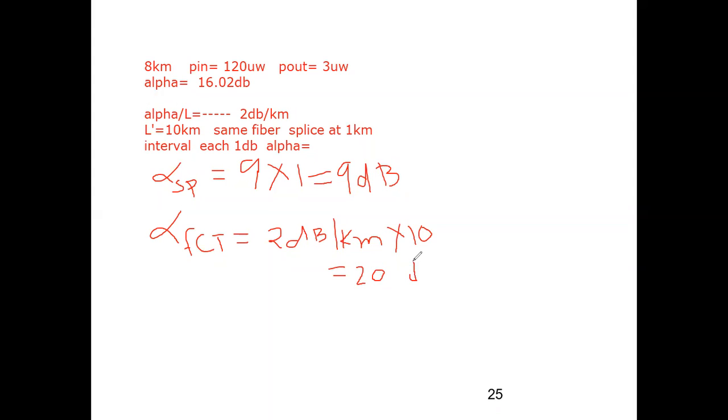Things are very simple. Only you need to do it. So you have alpha total as 29 dB. I'm writing it directly, but you should show this plus this. So don't do direct things in your examination. So 20 dB, and then you have the final formula of attenuation. I just need to find the ratio. So alpha total is 10 log 10 P in upon P out.